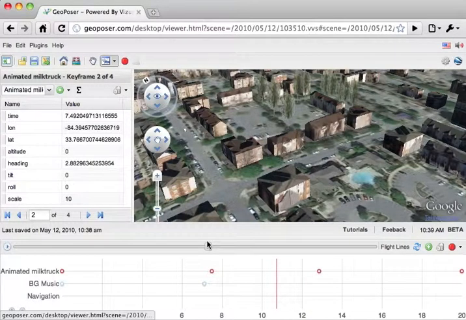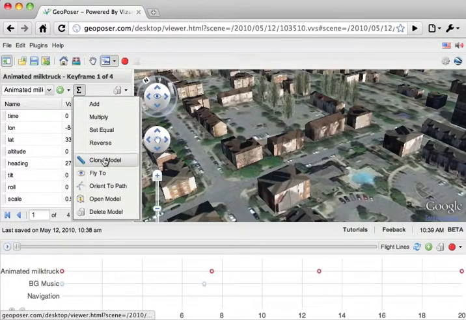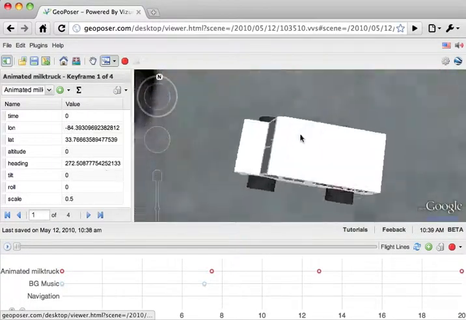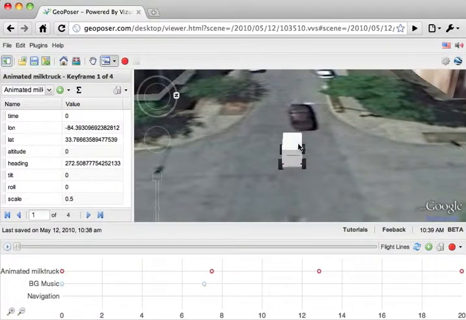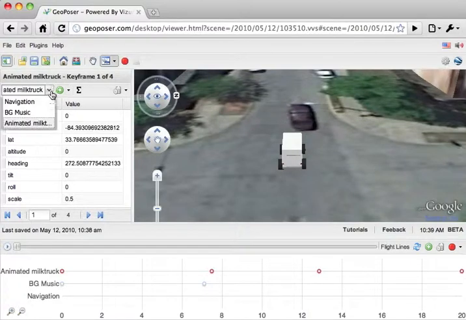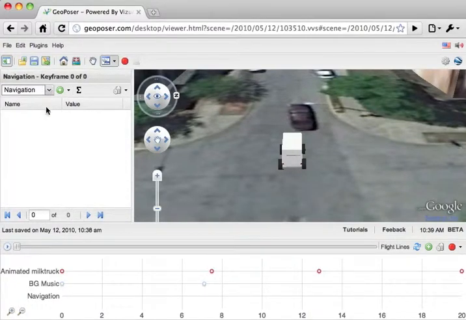Now that we have our car animation in place, I want to follow the car with the navigation. So I'm going to go back to the initial starting point. I just want to fly to the model and, for the navigation, I wanted to start off at this view and angle, so I'm going to go to the navigation. We previously cleared it of all keyframes, and I'm going to add the first keyframe by hitting the plus